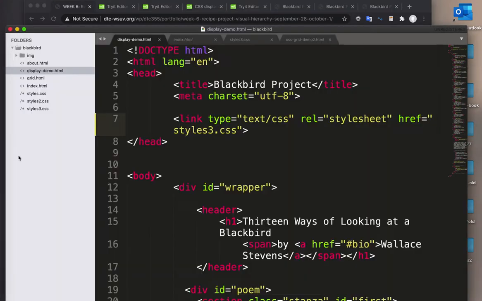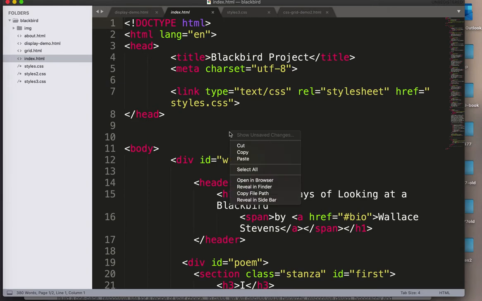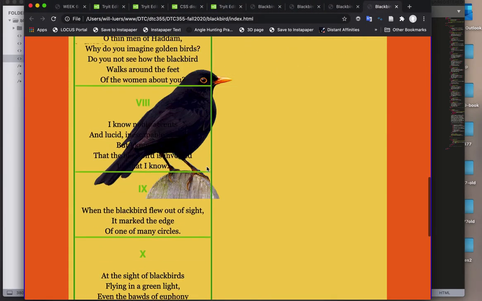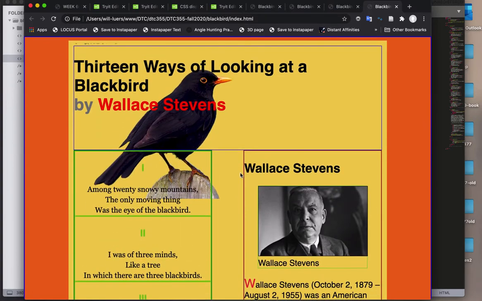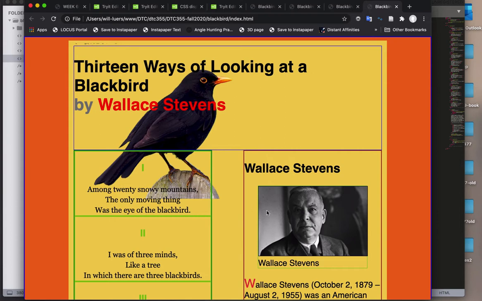Now let me show you. This is the Blackbird project, and I'll show you what I last left you with in a layout for the Blackbird. Now what's going on here? I showed you how to take the poem,